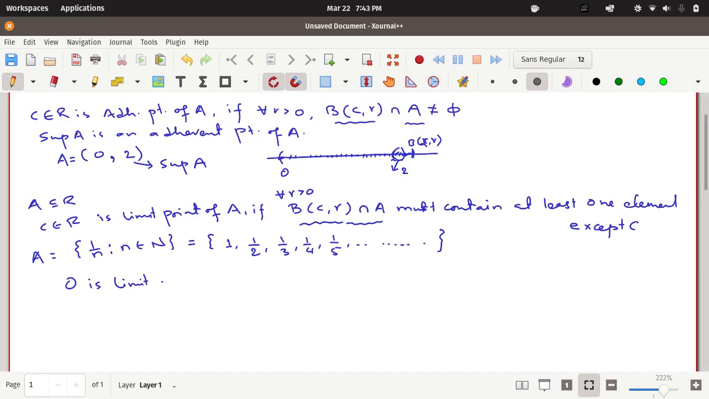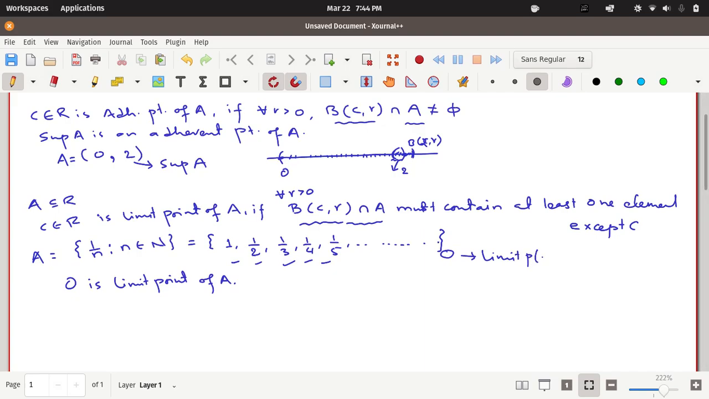0 is a limit point of A, and we can verify this. 0 never belongs to this set, because 1 by n will be 0 only when the value of n is infinity, and that's not going to happen here. So this 0 here is the limit point,